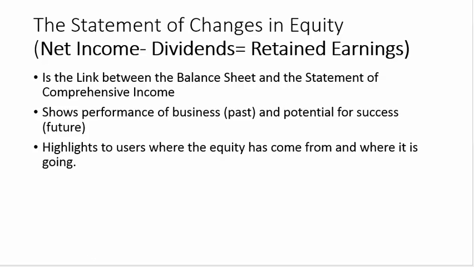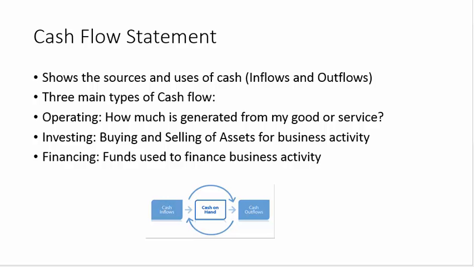of the business. The final statement we will look at is the cash flow statement, which shows how changes on the balance sheet affect cash inflows and outflows. It is broken down into three parts: operating, investing, and financing. Operating is the cash generated from the core activity of the business after purchasing assets, which is the investment part of cash flow. Investing is a cash outflow with the aim of eventually generating a higher cash inflow from operating activities. Finally, financing is the funds used from either debt or equity sources that show the direction the business is